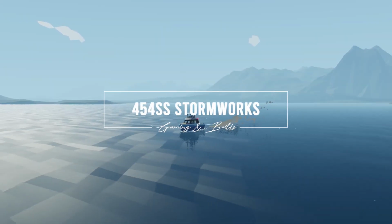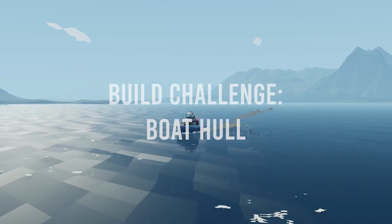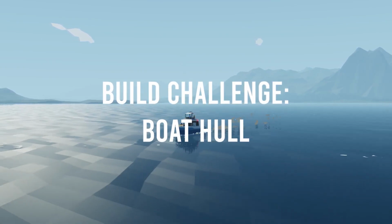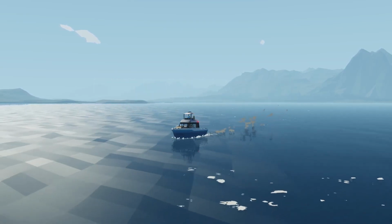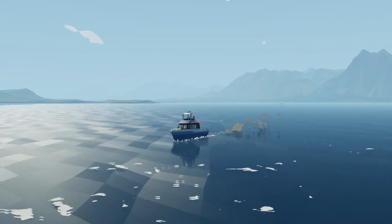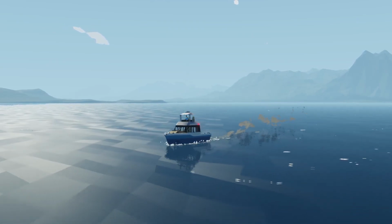Hello everyone, and welcome to this video where we're going to talk about the upcoming build challenge. Now, first of all, you may see here this boat has not been shown before. Maybe hints of it were shown on my Discord server, but pretty much it's a brand new build. I've been busy working on it, I've been making a new hull, and while I was doing this, I had